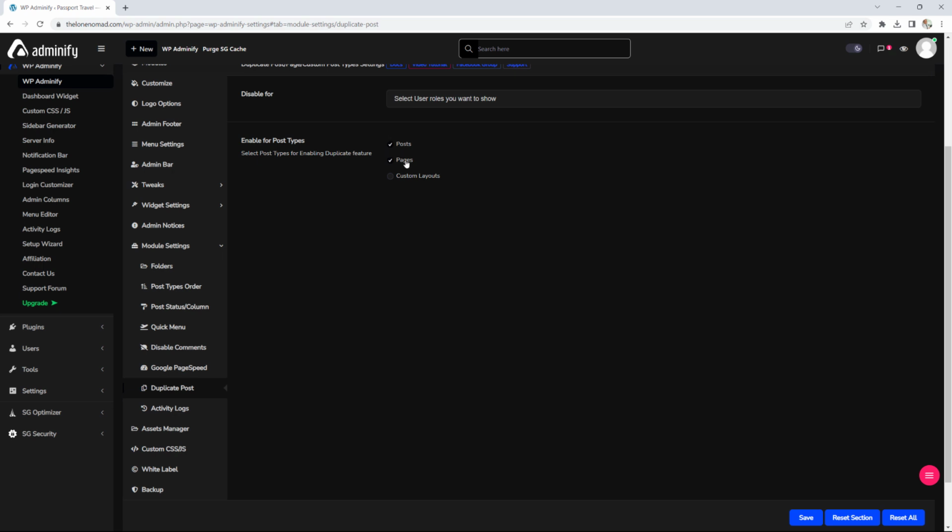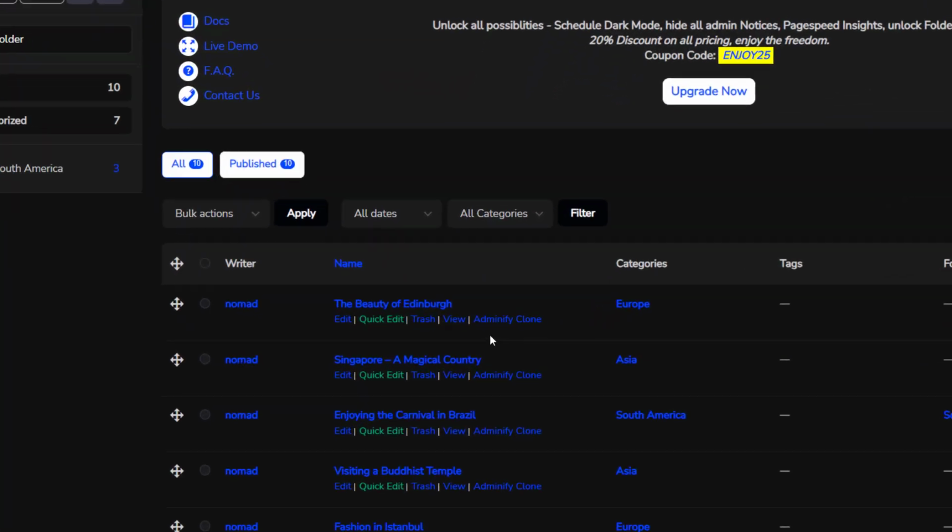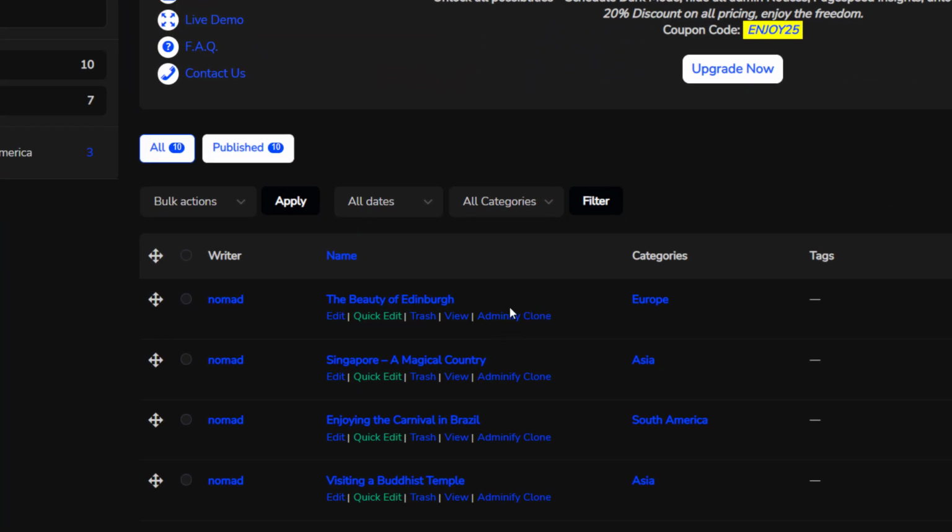To be honest, I don't know why the posts option isn't checked by default, because most WordPress users typically want to duplicate their posts and not necessarily pages. So I'm going to go ahead now, save. The way this will work now is if you go back to your post page, so articles, remember we renamed posts to be articles. So if I was to go to my all posts page right now, you will see we now have this option to clone by Adminify. So if I was to click on Adminify clone,